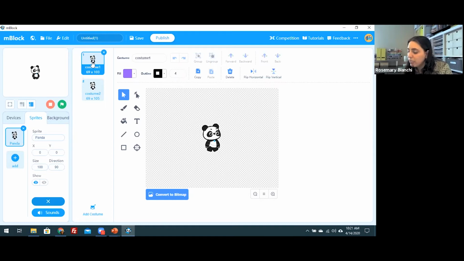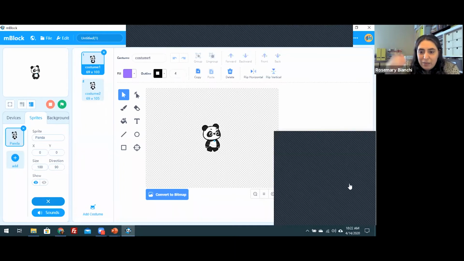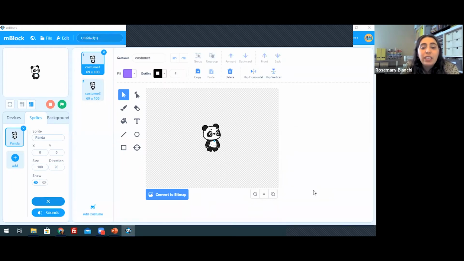So if you click on costume 1 and then costume 2 quickly, alternating between both costumes, what are we observing? What do we see? Okay, Panda's walking. Exactly, Panda is walking. Okay, and so with Panda walking, we're going to see how we can